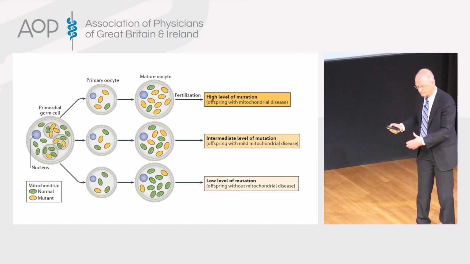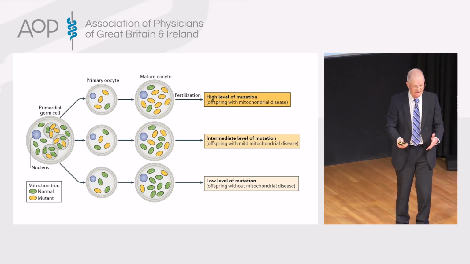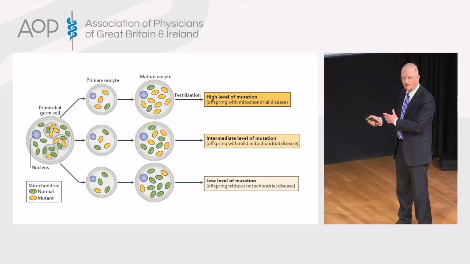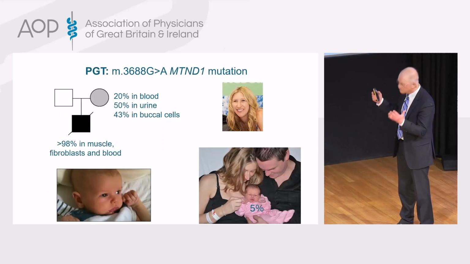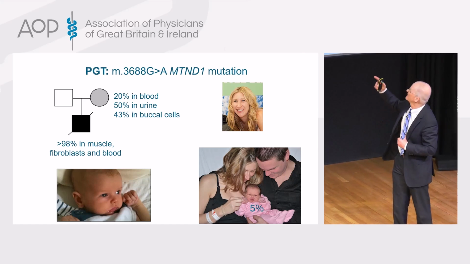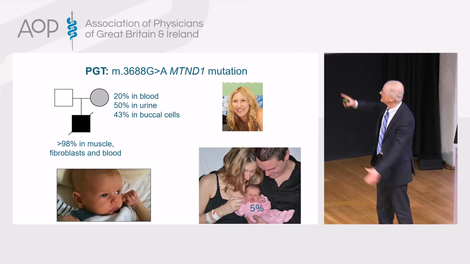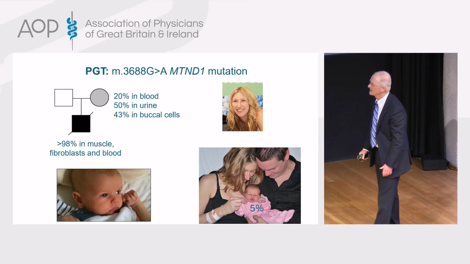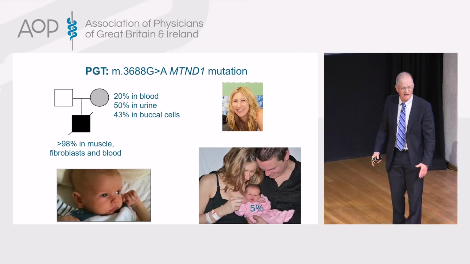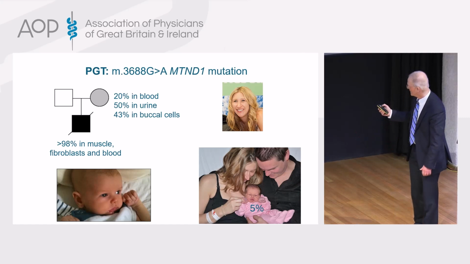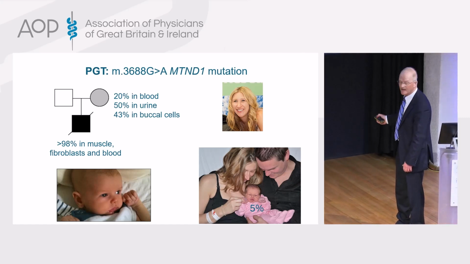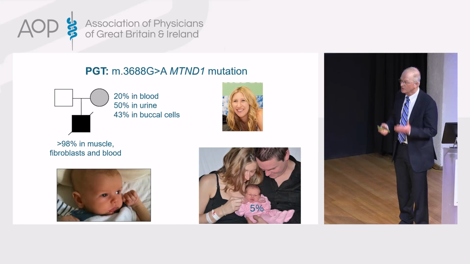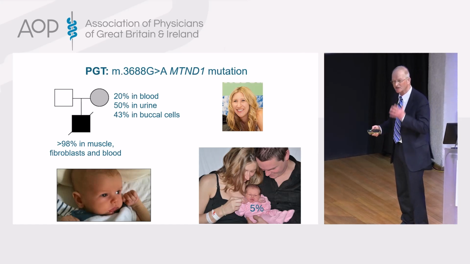And clearly, if you do pre-implantation genetic testing, which is actually doing embryo biopsies, then you can get an interesting result. This is perfectly highlighted by the first pre-implantation genetic testing in the UK. A lady we looked after had 50%. Her child that died had 98%, died in the first year of life with severe mitochondrial disease. The embryo put back had 5%, so the child is effectively normal. So pre-implantation genetic diagnosis does have a role.